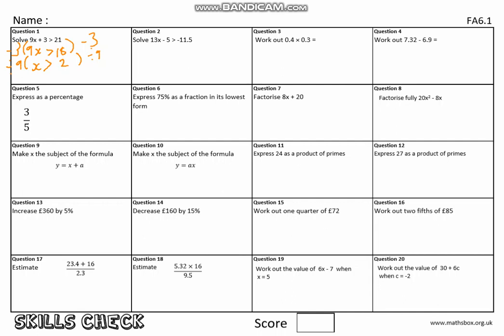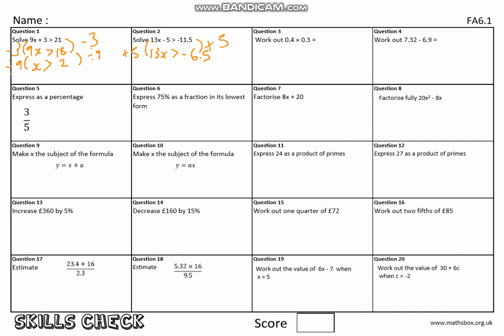Okay, so the next one, 13x minus 5 is greater than minus 11.5. So I'm going to get rid of my minus 5 by adding 5 to both sides. Sorry, it's another line. There we go. So we're going to add 5 to both sides. So that leaves me with 13x on this side. Remember, leaving the symbol exactly the same, okay? So if I'm on minus 11.5 and I add 5, I'm going to get closer to 0, okay? So that will leave me with minus